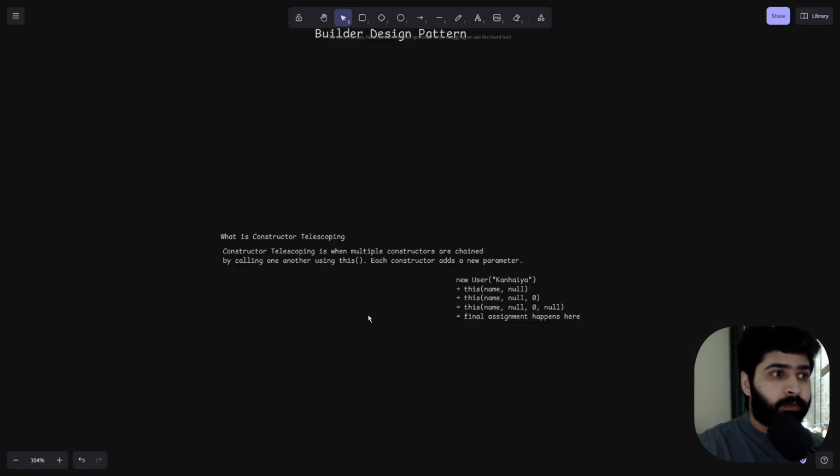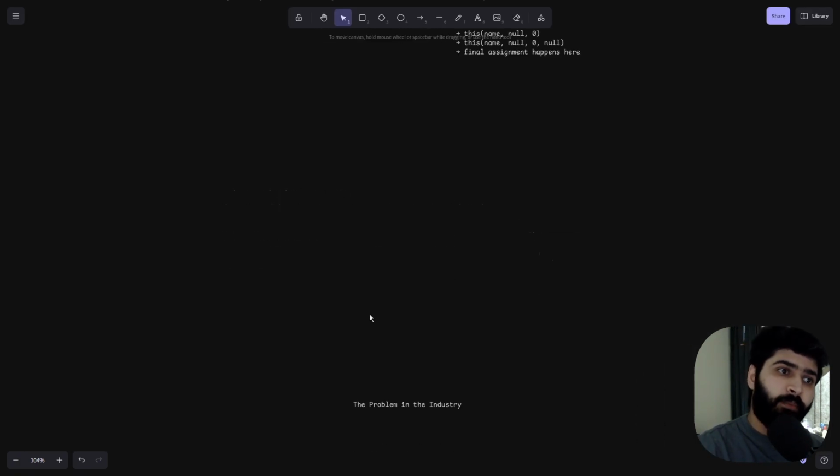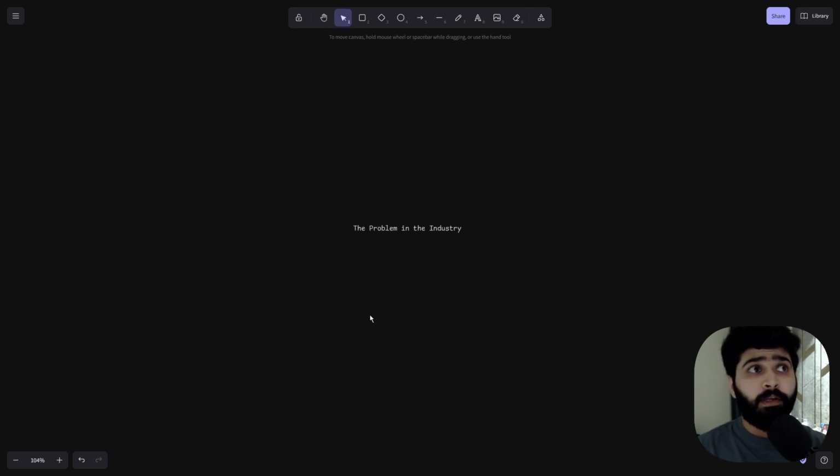So what is the problem in the industry? Suppose you are working on real world enterprise applications, and there you have classes or entities with 5, 10, 20, or more than 20 fields. How will you instantiate those classes? Will you write that many constructors, or will you use constructor telescoping there?